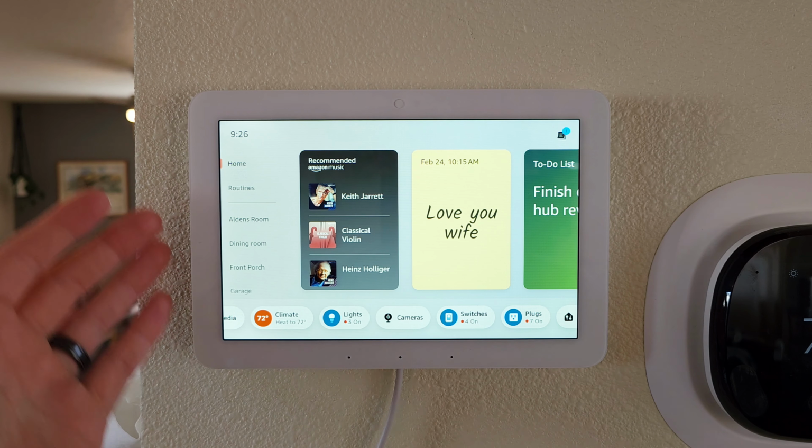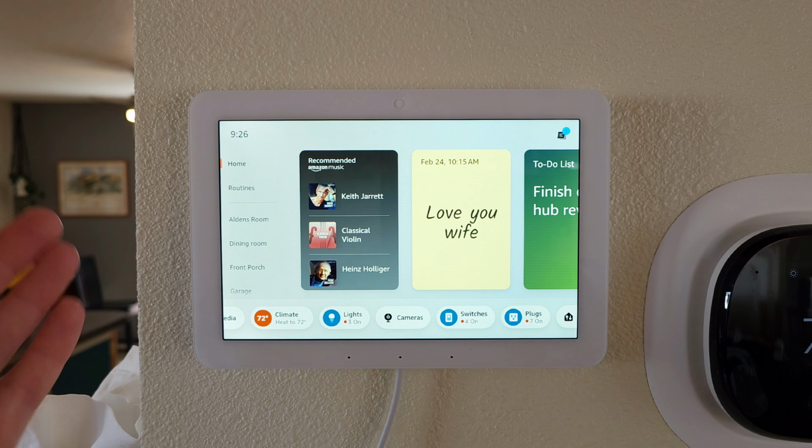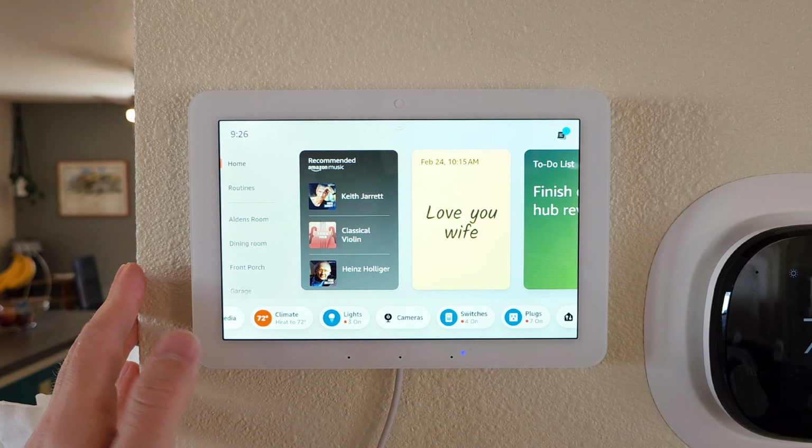That have cameras and want to do camera-to-camera communication, yet this thing doesn't have a camera. So very strange. They say there's an extra sensor in there. That's why there is no camera. The user